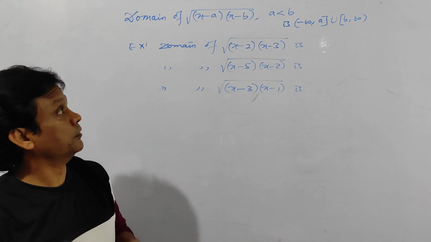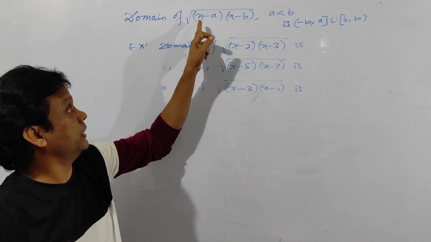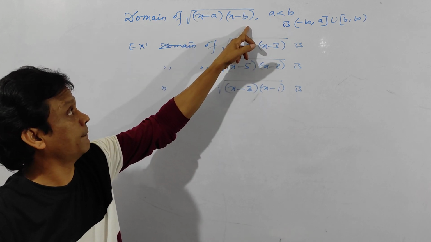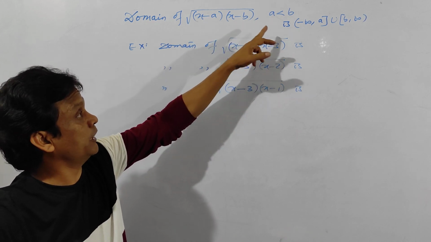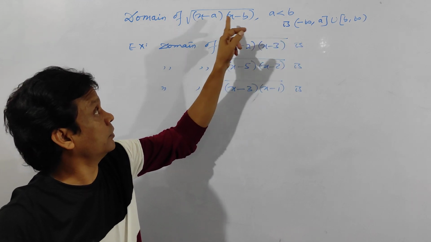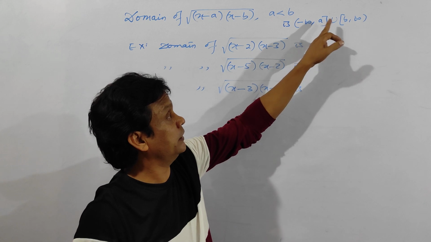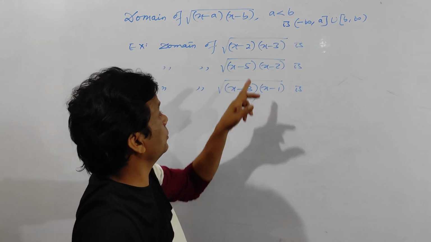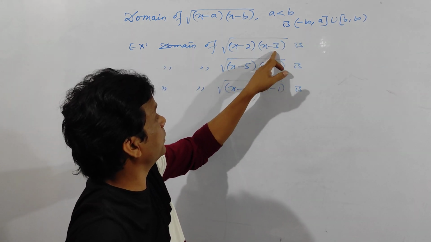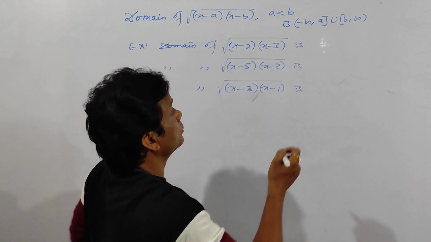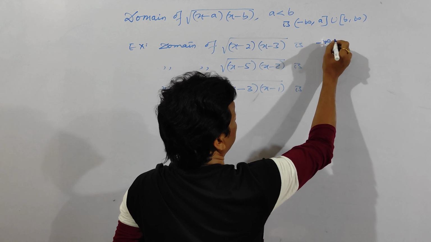See here. Our format is square root of (x minus a)(x minus b), so you should write it like this. The condition is that a is less than b. The smaller part is written here and the larger part is written here. So here 2, 3, but the smaller part is 2. In this format, its domain is minus infinity to 2